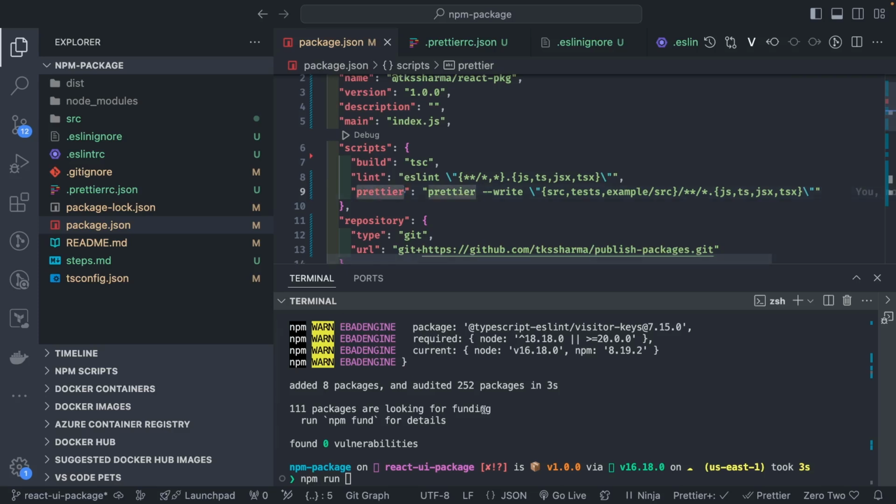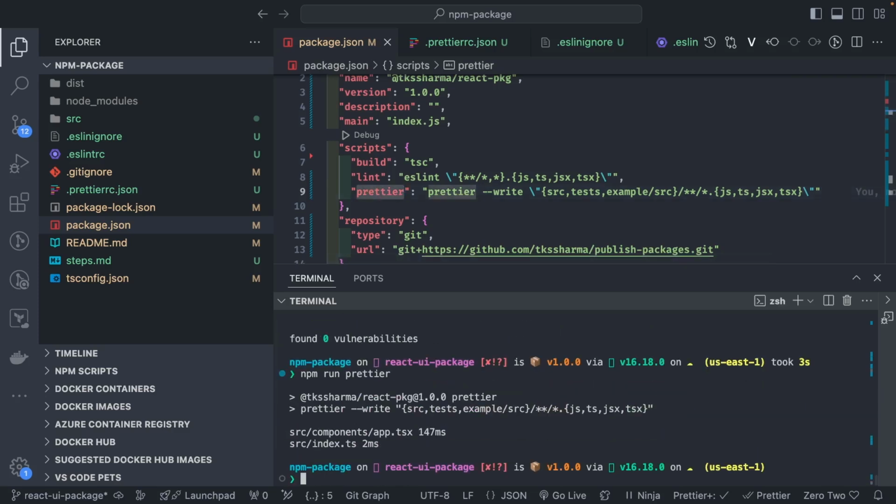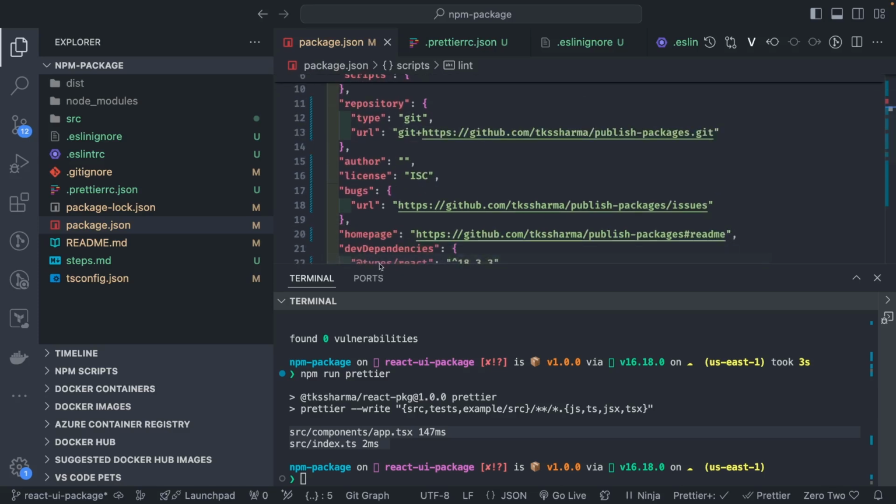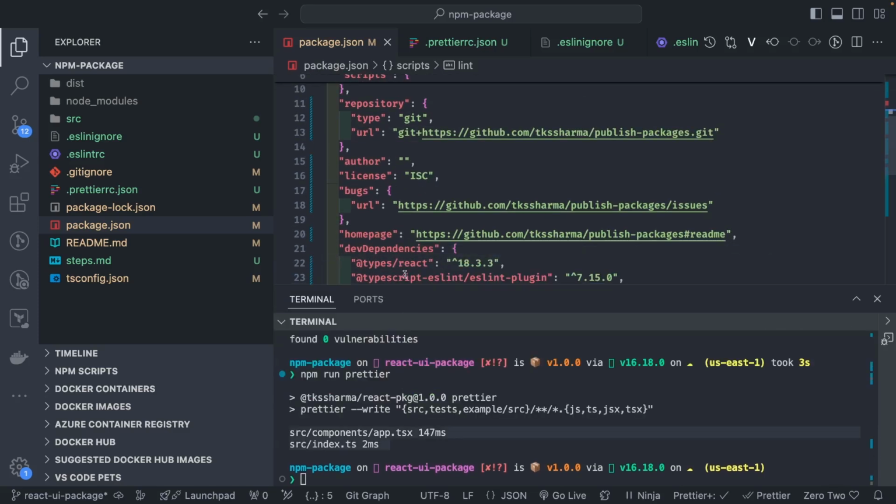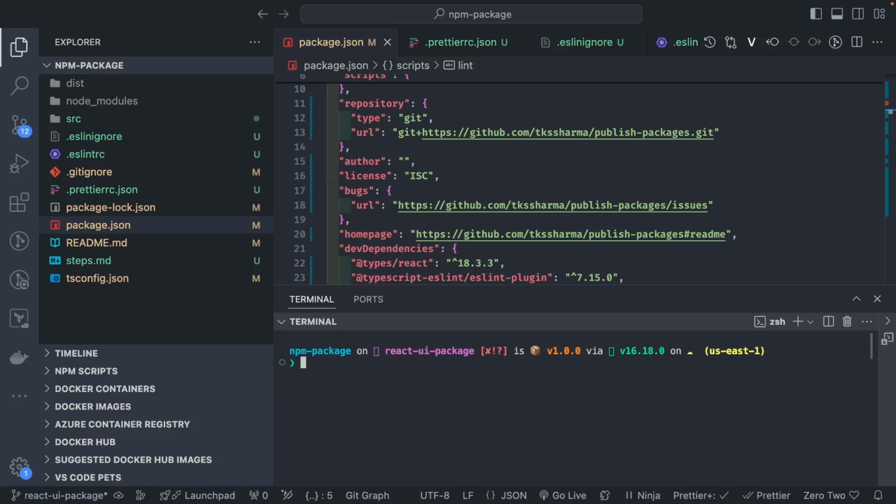I mean, these are already in my setup, so I'm just skipping all these steps and writing directly with you. If there is an error, it will also fix that. So everything is already covered. So now in the package.json we have build, lint and prettier. Now, because we are going to write some very basic tests for this component, we need to add some dev dependencies. We are going to use React testing library because we are writing a component. npm install